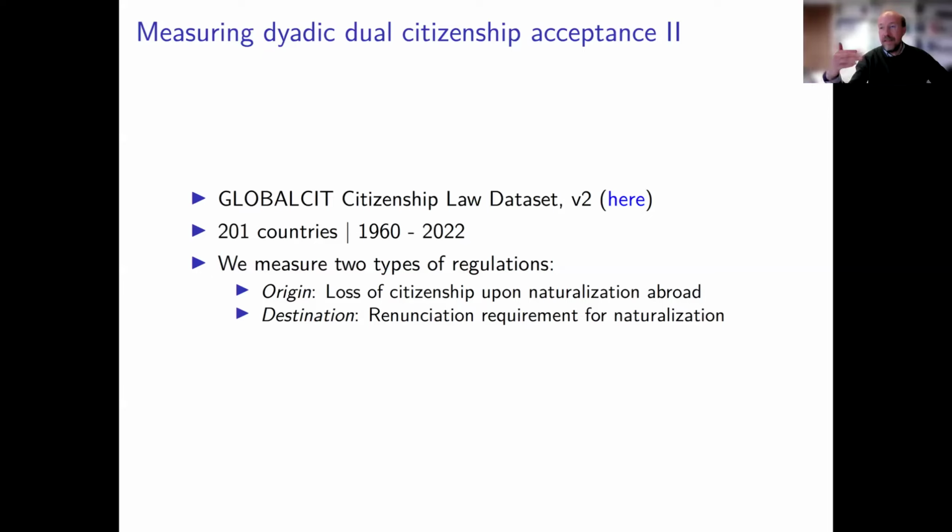But you also face a destination country restriction. So if you are a migrant from Austria living in Germany, you might say, well, this is very good. Germany liberalized its citizenship law, so finally I can keep dual citizenship. Well, that's not the case, because Austria still restricts dual citizenship for its citizens who naturalize abroad. So in order to have dual citizenship, both the origin country and the destination country need to have liberal rules. If one of these two states does not have a liberal conception, then by definition you cannot have dual citizenship.